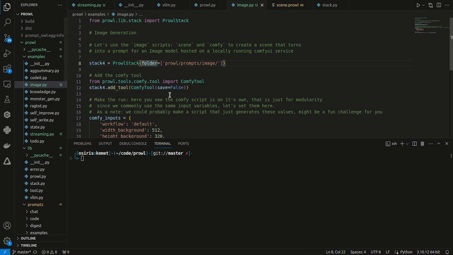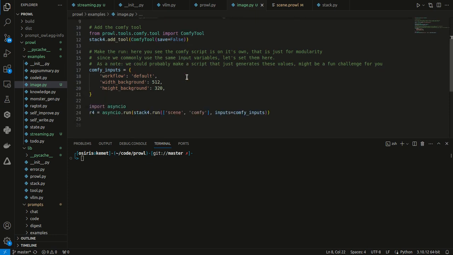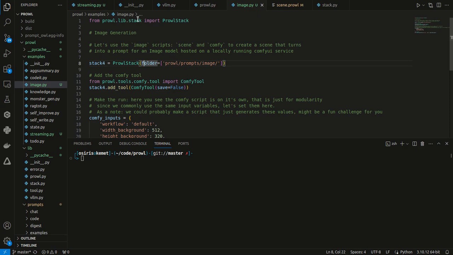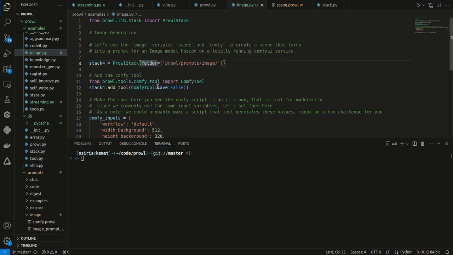called image.py. Now there's a couple of things that you have to set up before you can run this script. First thing is that we need to have Comfy UI running on our local host. And we also need to have the environment variable set to point to that port. And the other thing is that we need to set up, if we want to save the Comfy file,